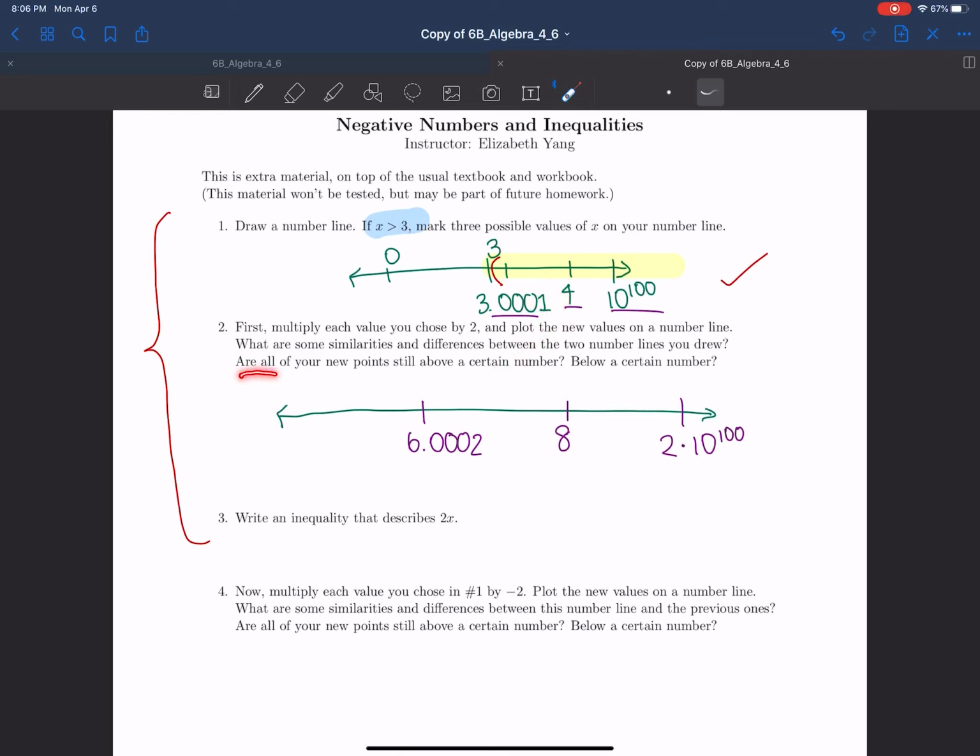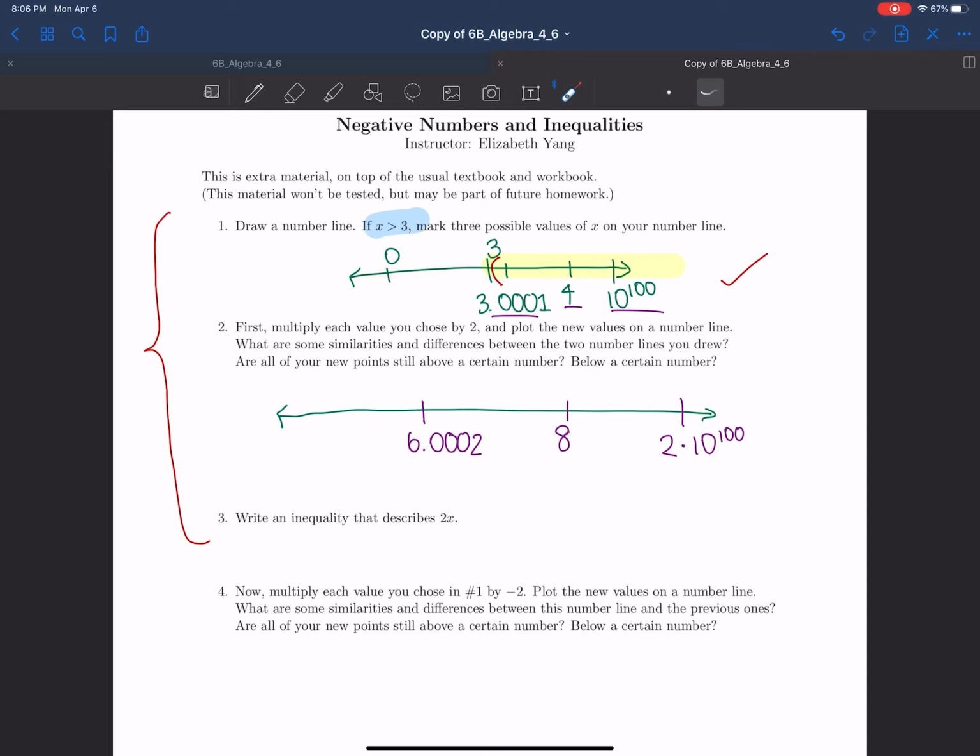The last question is asking, are all of your new points still above a certain number or below a certain number? Well, let's answer this one first. I don't think any of them will end up below a certain number because I could have picked a number as big as I wanted in problem 1, and I would get an even bigger number in problem 2. However, I can't pick